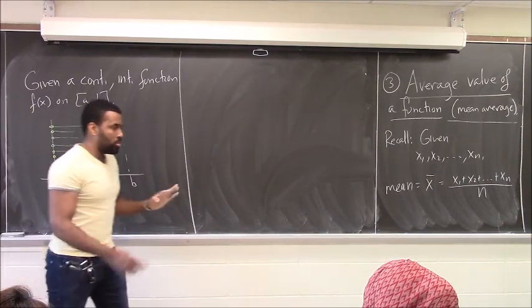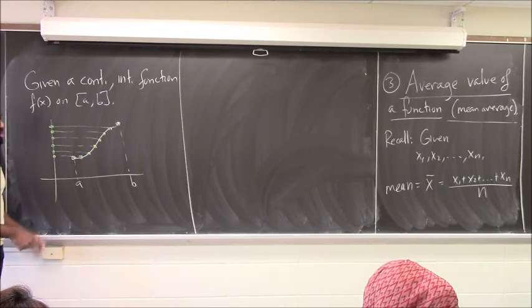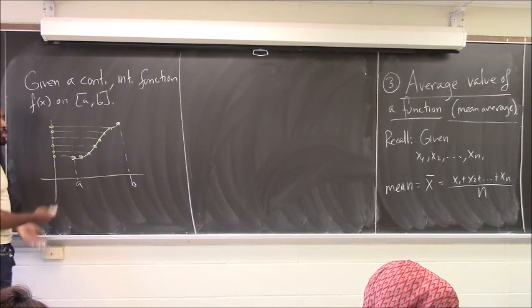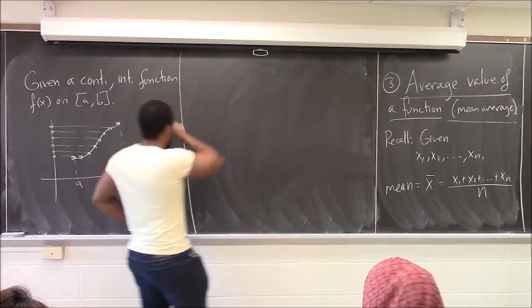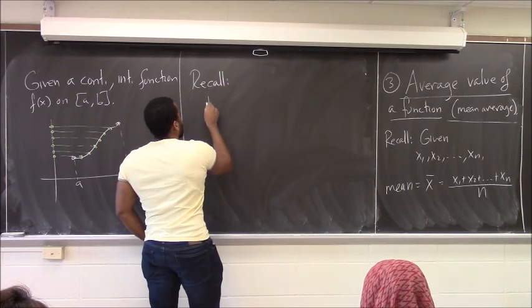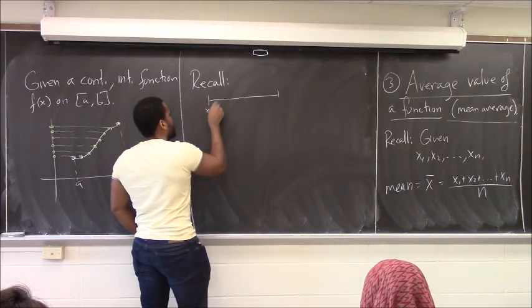Okay, so the example of the normal distribution is a special example. We actually know how to find the mean of that very nicely. But given a random function, what is the average output? So you might also recall we looked at a situation where we could dissect an interval into a bunch of pieces,